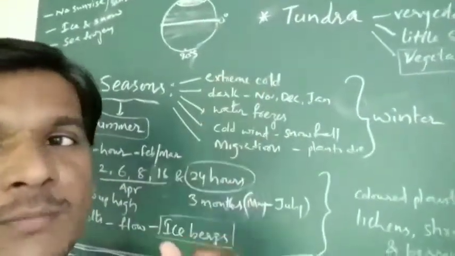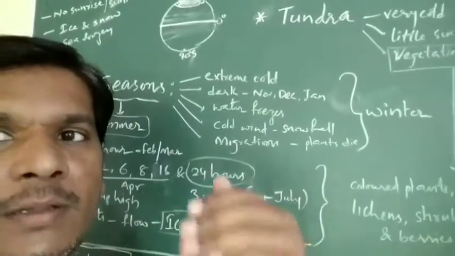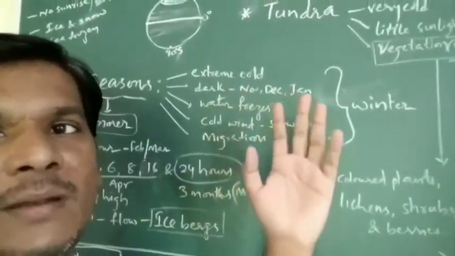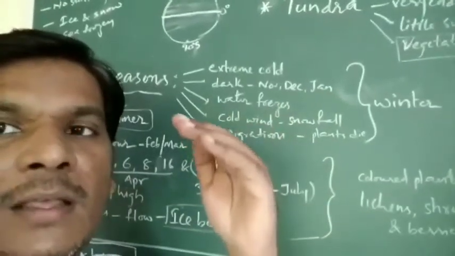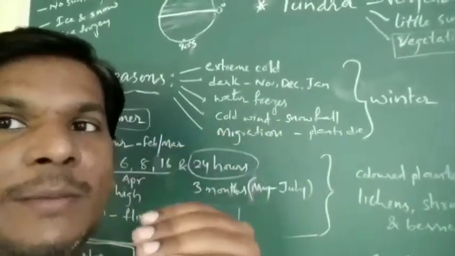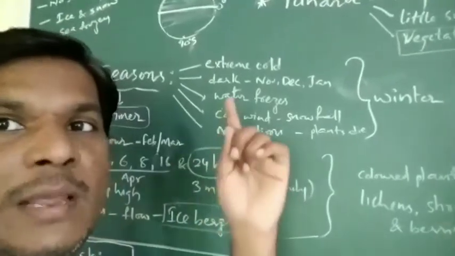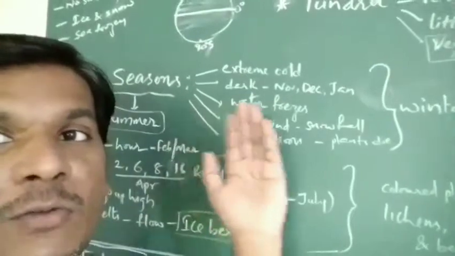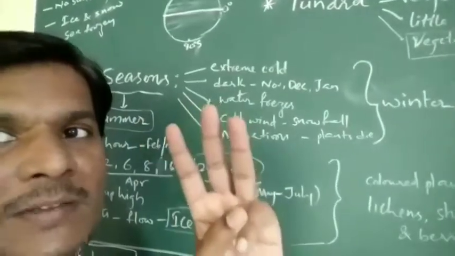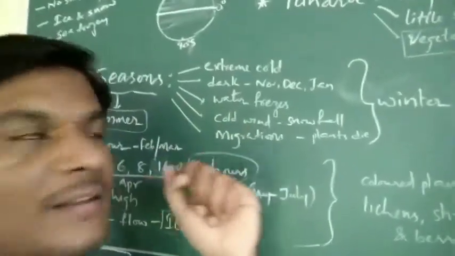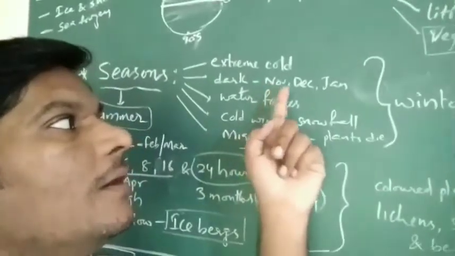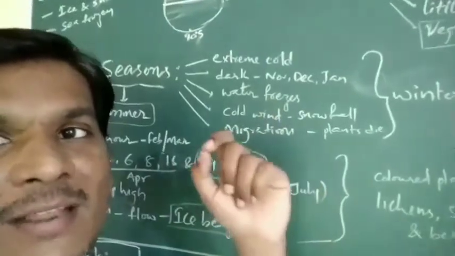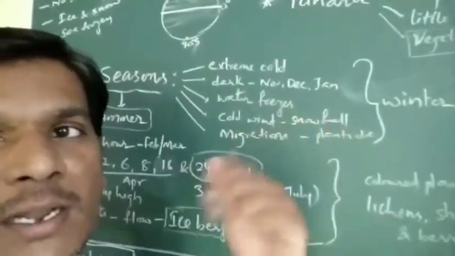Winters are extremely cold. If you observe the climate, we can see an extremely cold climate there, because sometimes temperatures of minus 20, minus 30, minus 40 are recorded. That much extreme cold is seen in the winter season in the polar regions, and there is no sunlight for particularly 3 months. The extreme winter months in tundra regions are November, December, January. In November, December, January we can see extreme cold, no sunlight, total darkness,